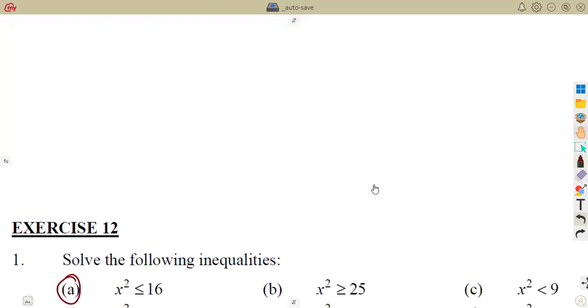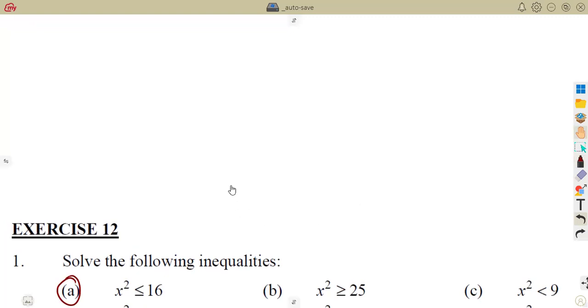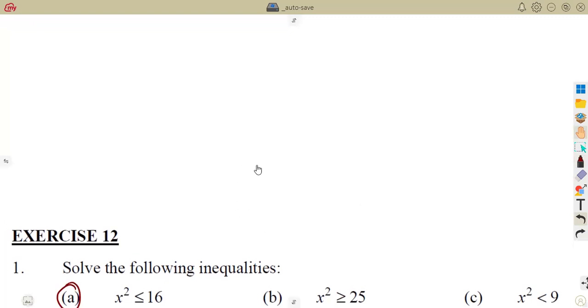On the first question, we're given, solve the following inequalities. X squared is less than or equal to 16. All right, this is our first question that we're going to work with. X squared is less than or equal to 16. So